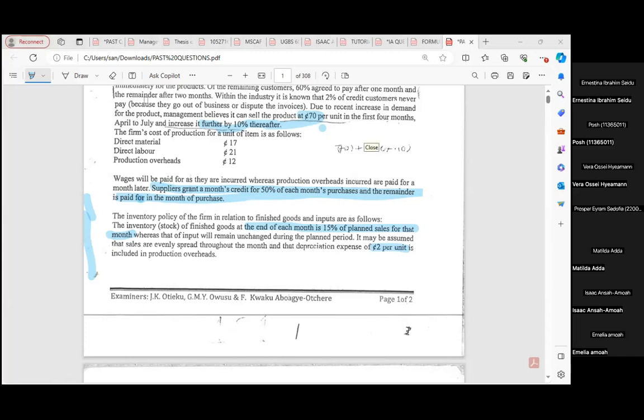I'll ask the same question. Why do we have to divide? You see, I'm coming over. We want to compute cost. All the times that we are computing cost per unit, remember, we're giving,